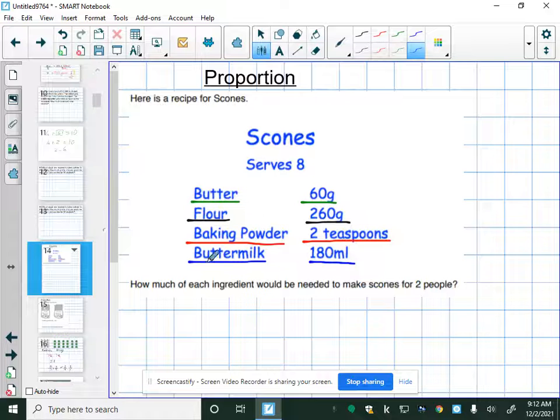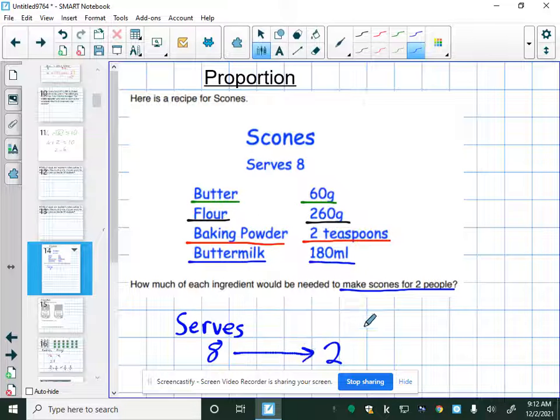Okay, the next thing I need to identify is that this indeed is a proportion question. So what I'm going to write down is how much each serves. So the ingredients above serves 8 people. Okay, so if it serves 8 people, and then I've also been told that we now need to look for the amount of ingredients necessary to serve 2 people, then I ask myself, proportionally, what's the difference between 8 and